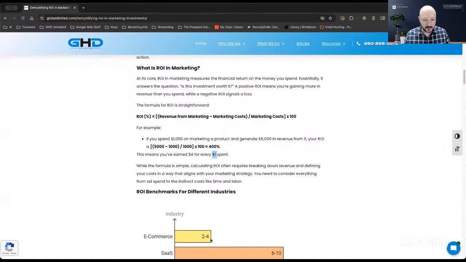All right, so let me stop that. Understanding ROI is extremely important if you're going to scale a business or budget, right? Those three letters are like music to a CFO's ears.